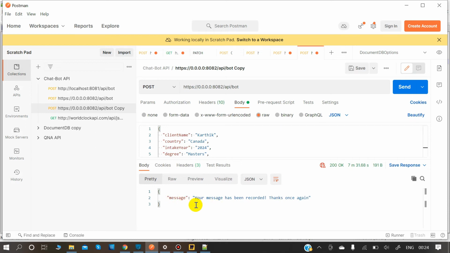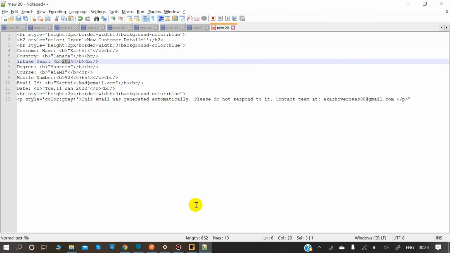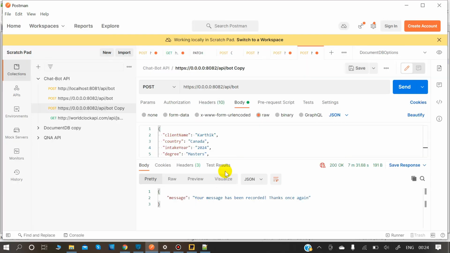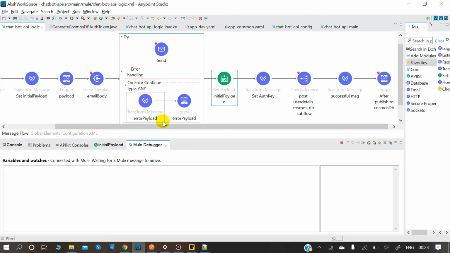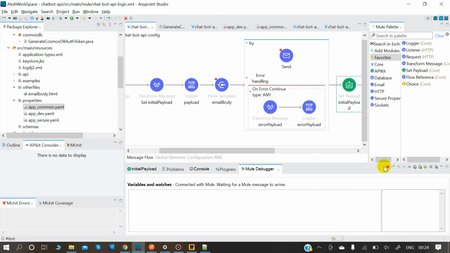So once you have tested and it's working fine, you would now deploy. When you are deploying, you have to make a couple of things sure here. So now let me come to my project, and I will stop this application.